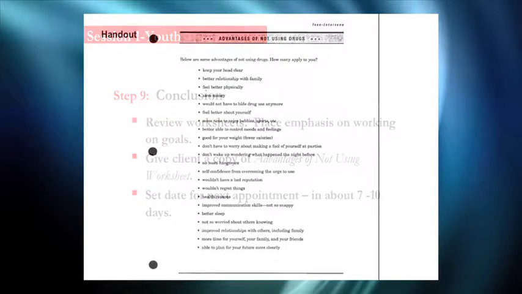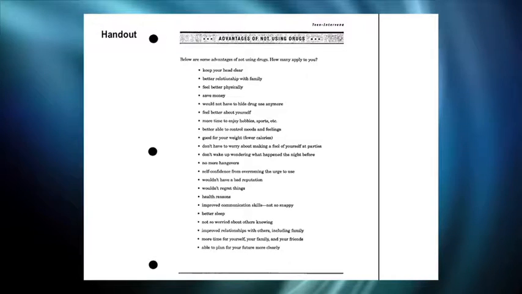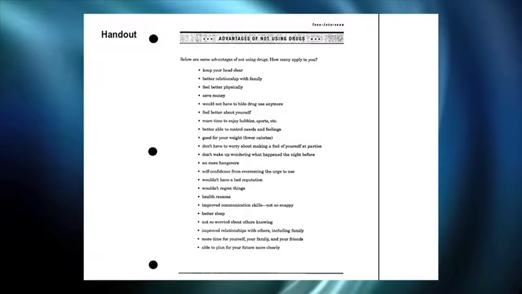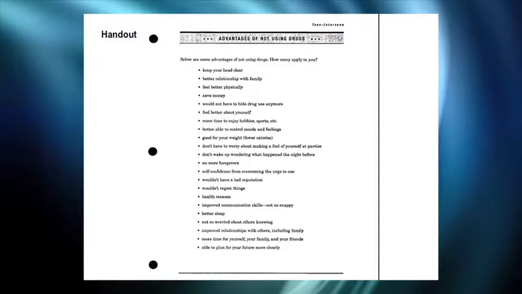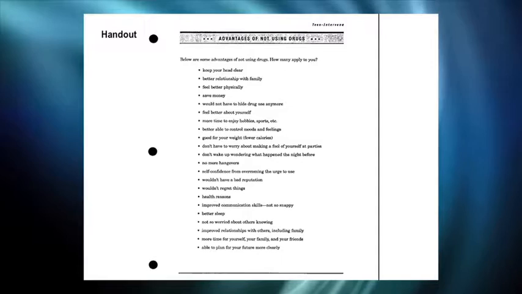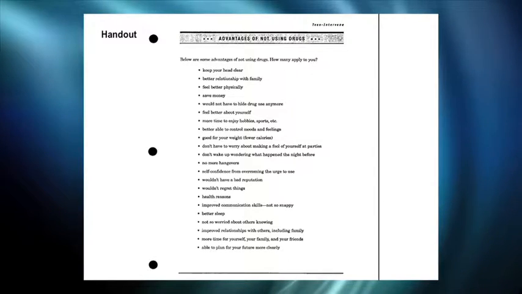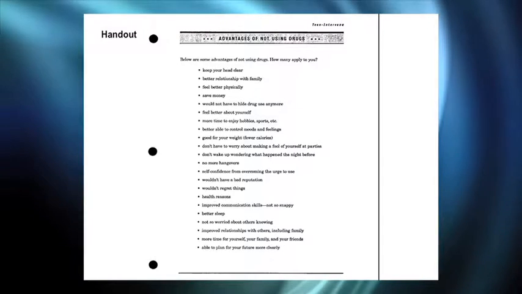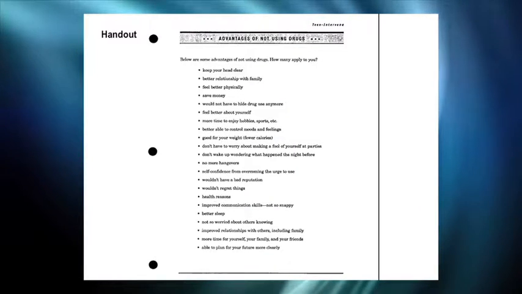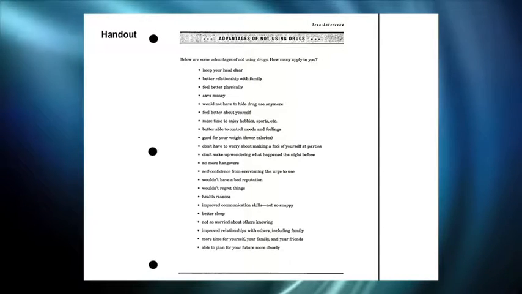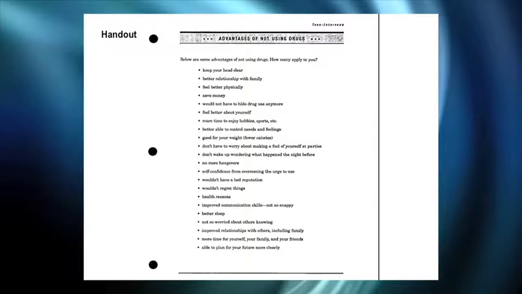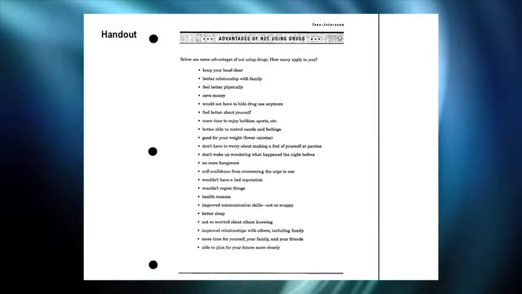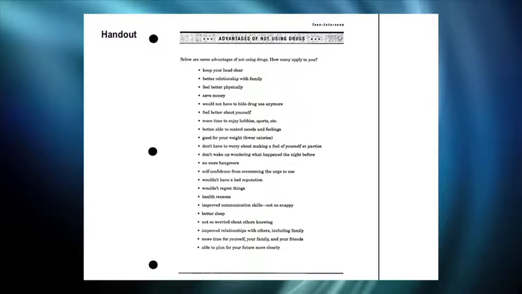We also give teenagers this worksheet. It's called Advantages of Not Using. We don't oversell this. We just provide the teenager with something they can bring home. Now, this is a list that came from recovering teenagers who were asked to give insight about what they have now learned about some advantages of not using now that they're in recovery. So it comes from a clinical sample, looking back on their lives and trying to learn from that.